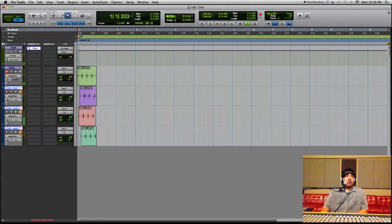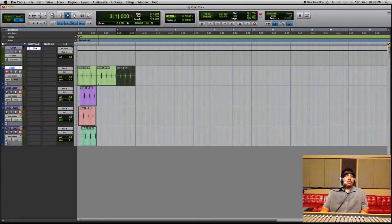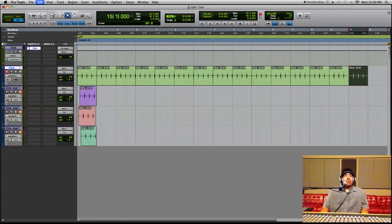You can just do the 1, and to duplicate it, there's a repeat function here somewhere. I don't know where it is. You can just hit Apple D and it duplicates it. What I do is, when you duplicate anything, whether it's that or a loop or anything, always keep your eye on the length here, the start and the length. I don't know if it was a bug, but every once in a while you duplicate stuff and it would end up being a little shorter or a little longer